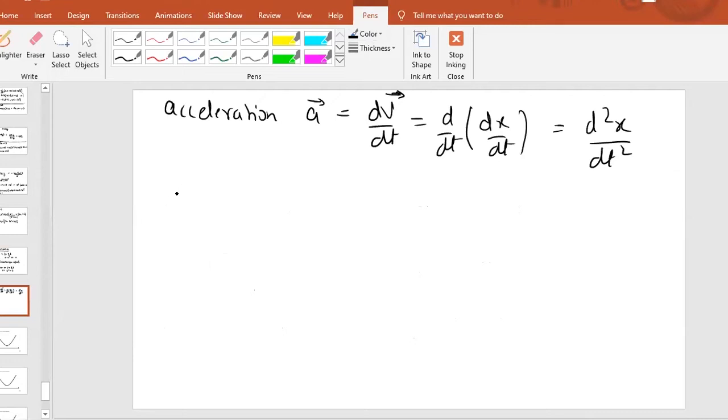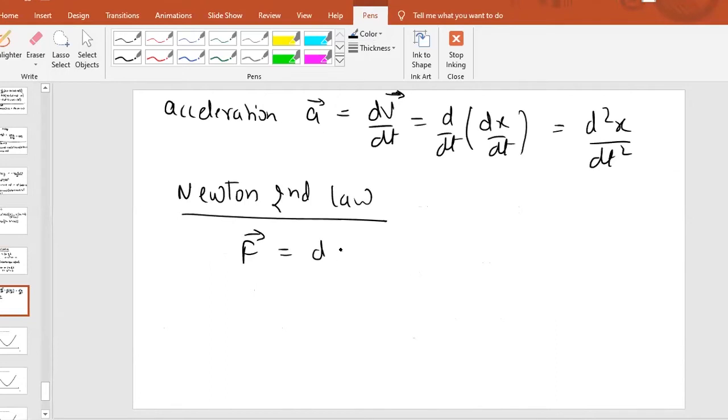Newton's second law. Now what is Newton's second law? I will explain it all when I teach you Newton's laws, but I can give you a simple example. I think you all know what Newton's second law is. It means the rate of change of momentum is equal to the force applied, which means we can find the force by differentiating the momentum by t. That is Newton's second law.